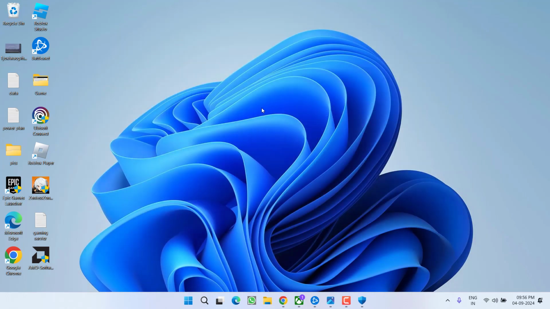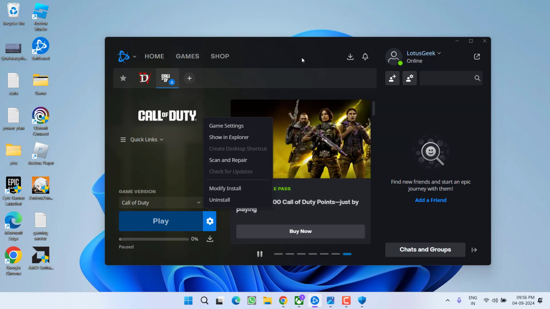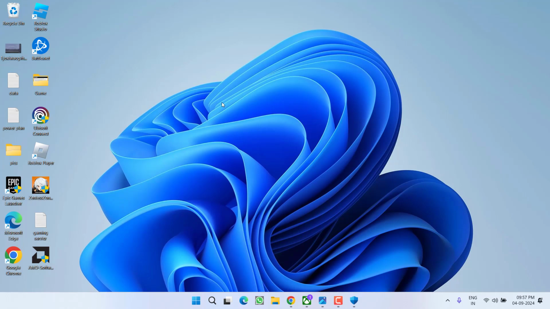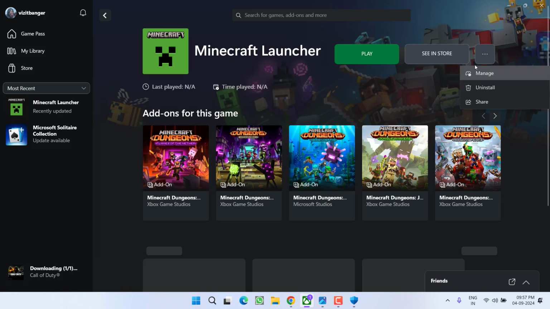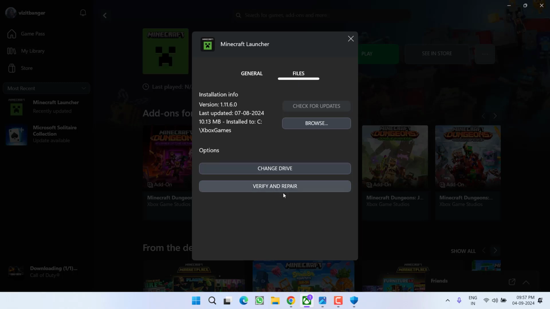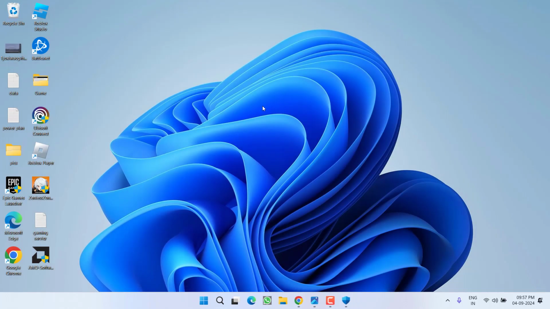Now if you are using Xbox or Battle.net or Steam, you need to verify the integrity. In Battle.net, click on this gear icon and choose the option scan and repair. If you are using Steam, go to the properties of the game and from the left pane, click on the option installed files and choose the option verify integrity of the game files. And in Xbox, launch the Xbox app, select your game, click on this three dot icon, choose the option manage. Here click on the files option and you will find the option of verify and repair. Depending upon the type of client you have, verify the integrity of game files and relaunch the Black Ops 6 game